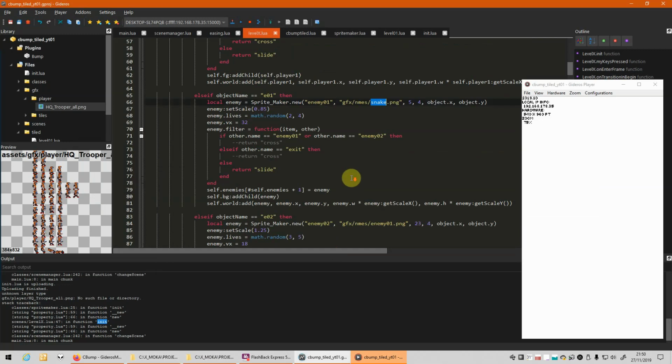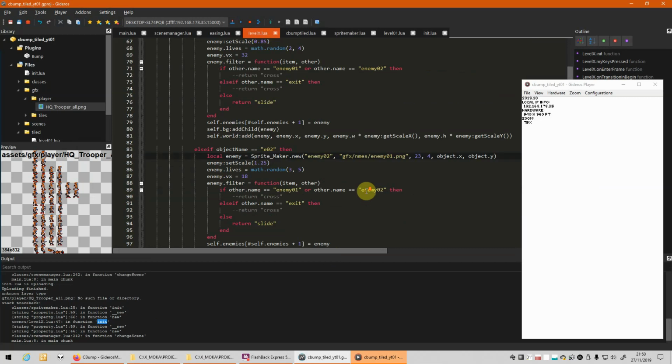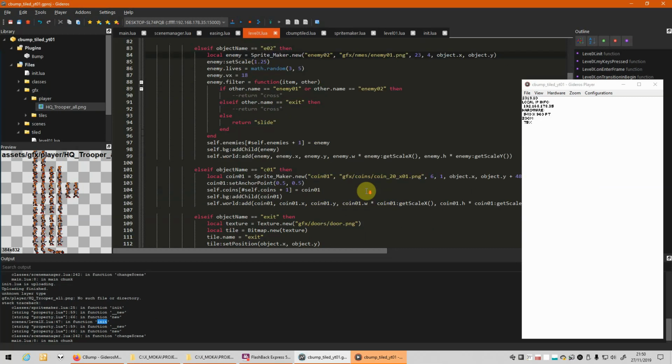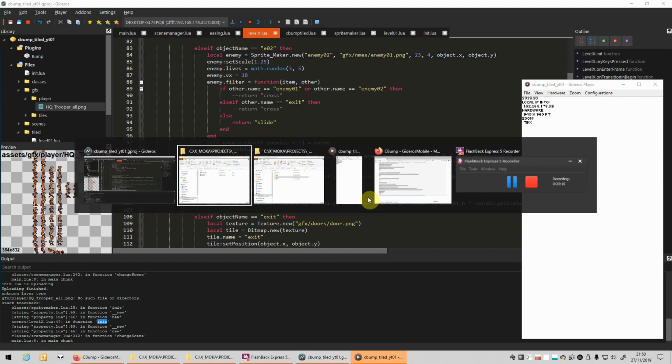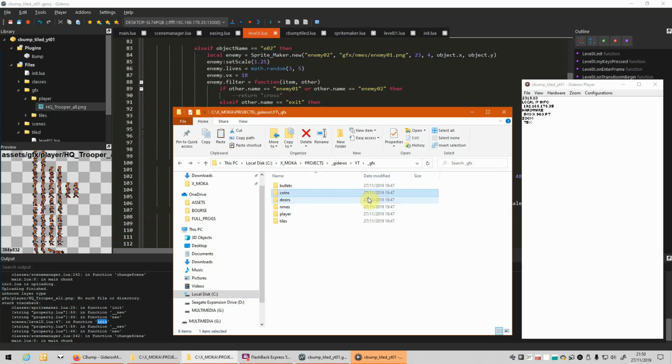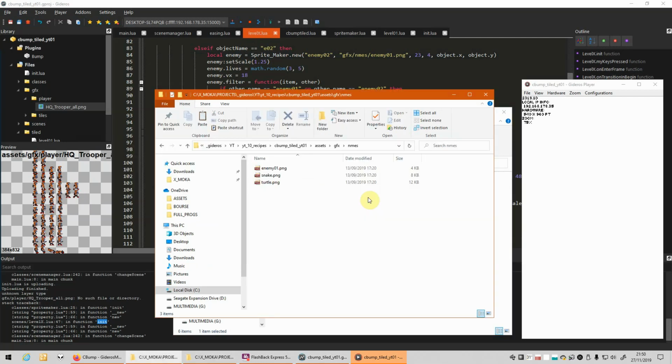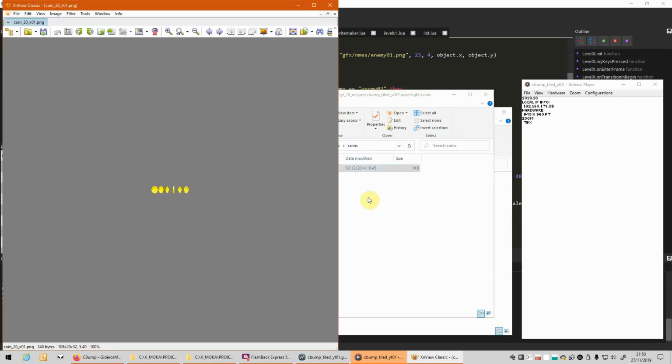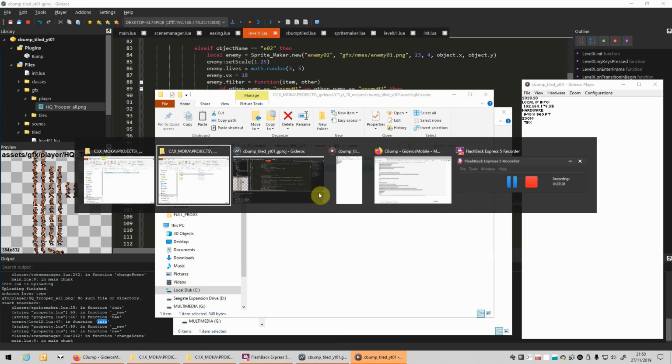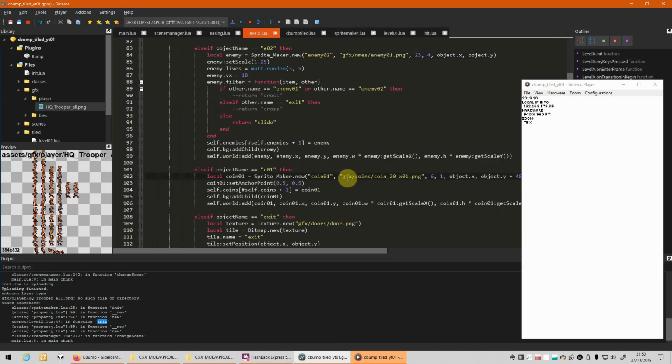What else do we need? Enemies, enemy 1. It's done. Coins. Okay, let's copy some coins graphics. Coins. That's also animated. So okay. What else do we need?